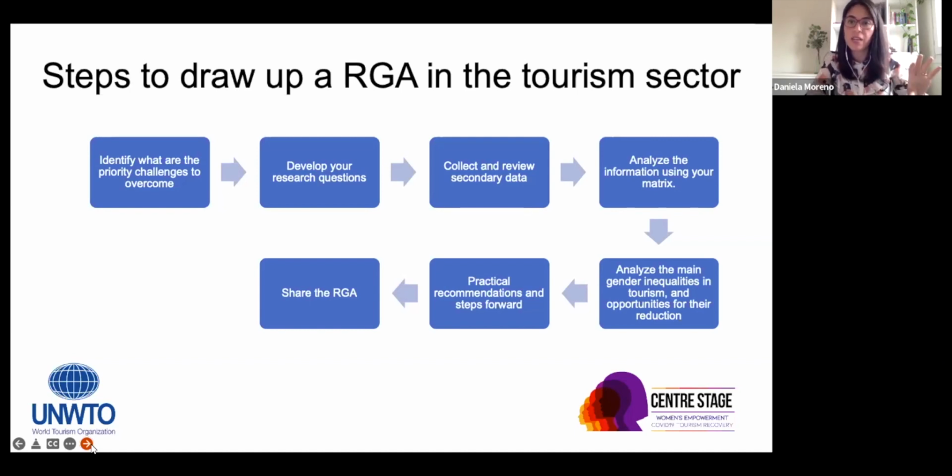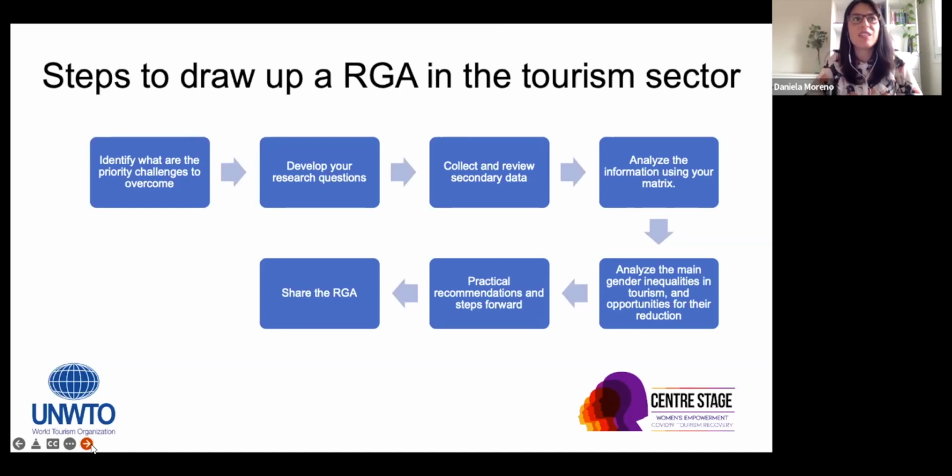Based on this identification, we develop our research questions. The research question is a statement of what I want to learn, what I want to achieve through my rapid gender assessment in tourism. Let me offer you some advice. Please try to avoid the verb "promote", because we want more active verbs in a research question, and also avoid